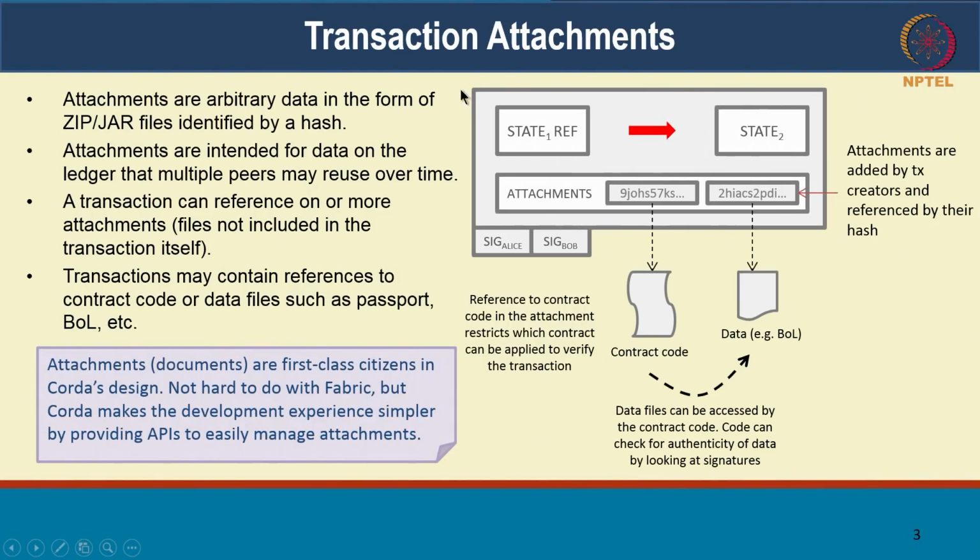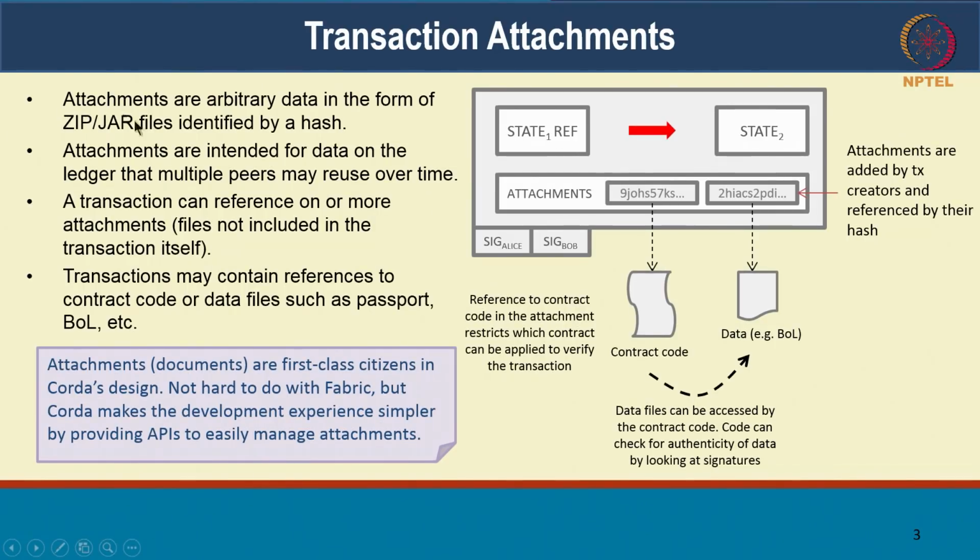Before we get there, one of the key design principles is the notion of attachments. I mentioned having contract code associated with legal agreements or legal prose. They can be provided as attachments to a transaction. A transaction not only specifies input states and output states, it can optionally provide a set of attachments. It can refer back to the contract code, and it can refer back to external documents, maybe physical documents or scanned documents, for instance. All of these can be added as attachments to support a transaction.